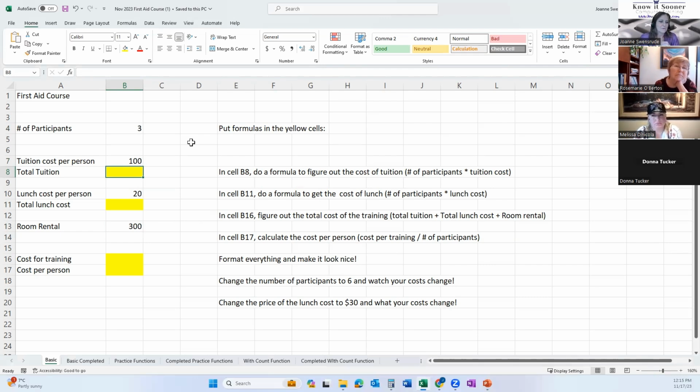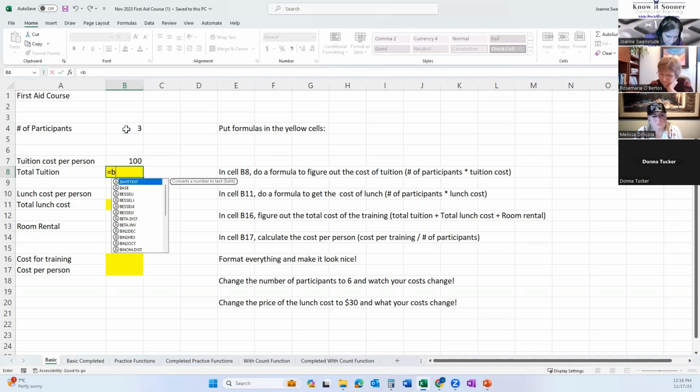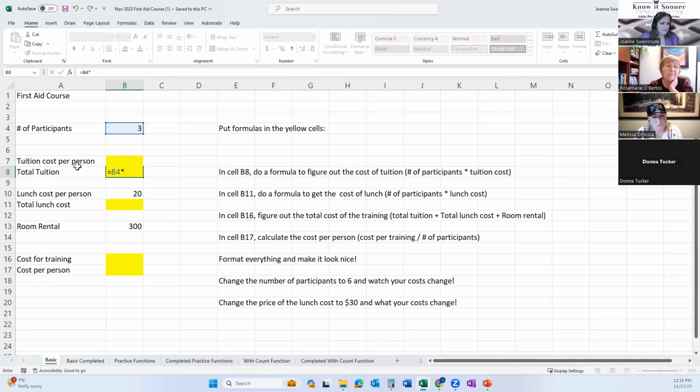You guys, this is what we need to remember. We start our formulas out with an equal sign. We go to the spot where we want it to go first, and then we hit equals. Now we're thinking 3 times 100. So I'm going to pick up my mouse and click on the 3, and it puts the name of the cell in. Maybe some of you would have gone, B, what is it? And you put a 3 in by mistake. Right? So equals, click on the 3. I'm thinking in my head, what I just finished typing in that calculator, 3 times. So what's the times symbol? Multiply by my tuition costs.